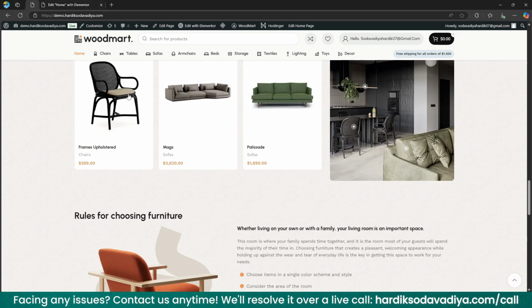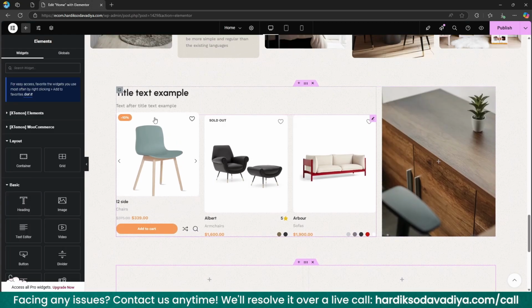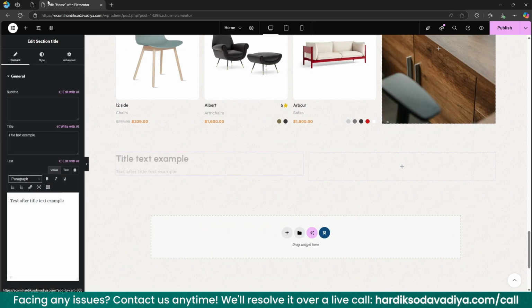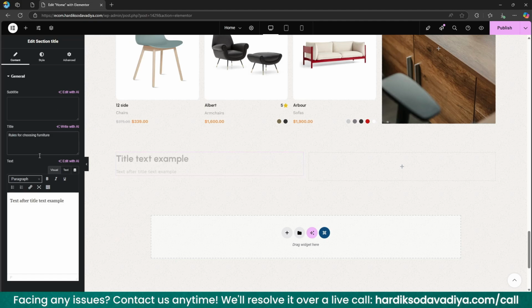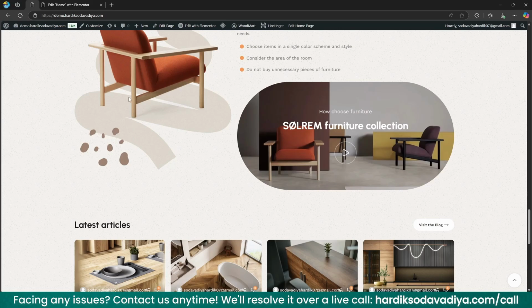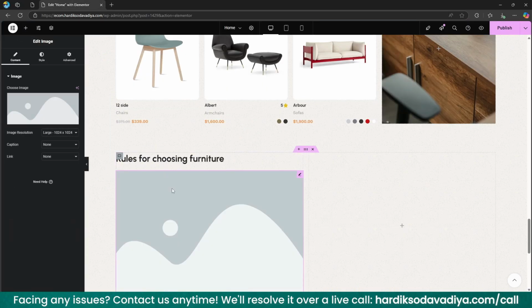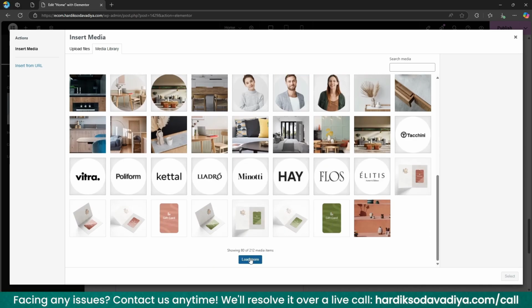Now on the left side of the image we will use a title. We can copy this one and paste it here. We don't need any description, and we will need this image, so we will add an image and choose the image,